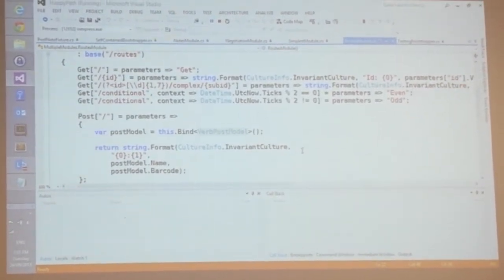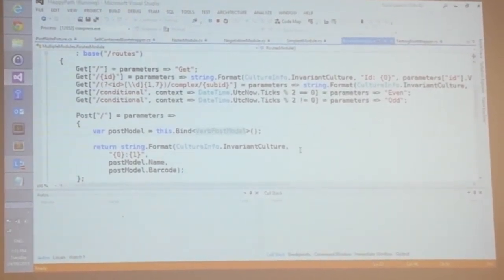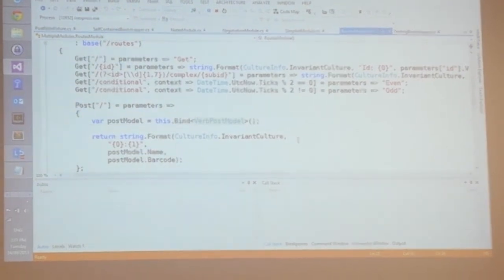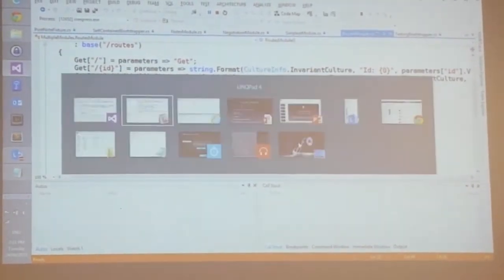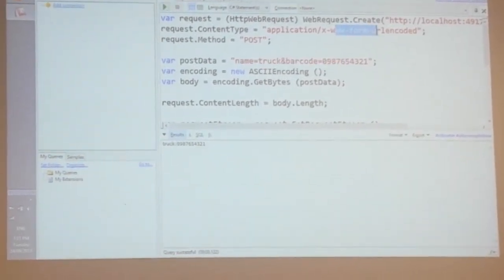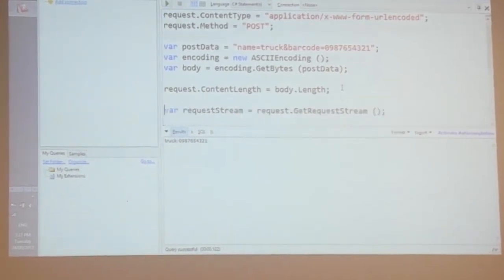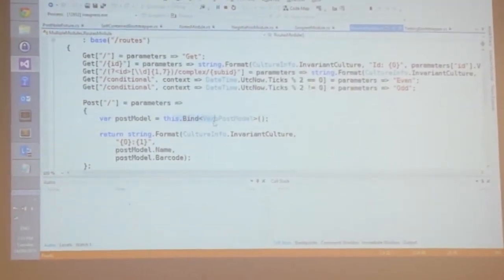Now you'll note in here there's a few conventions happening. By default, Nancy works off a bunch of conventions. So that whole model binding thing going on. If I'm sending this through as form encoded, how is that getting turned into an object at the other end? So it's doing it via that.